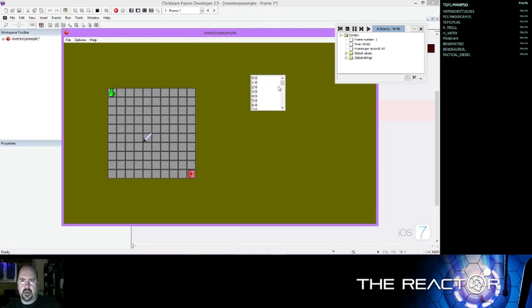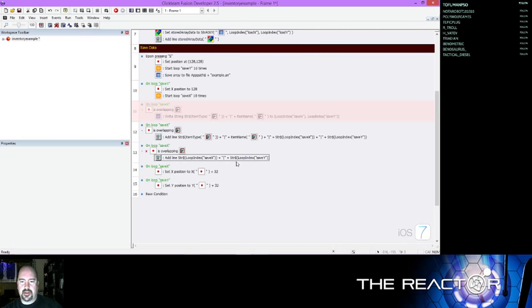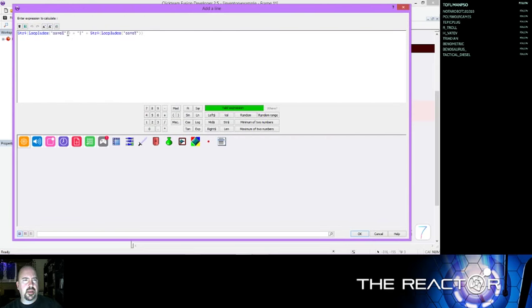Save. So 0, 0, 1, 0, and it goes all the way up to 9. So we're not getting 10. That's interesting. And then we get 9, 9. So it's zero-based. So what we need to do is